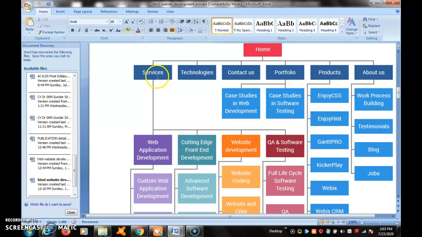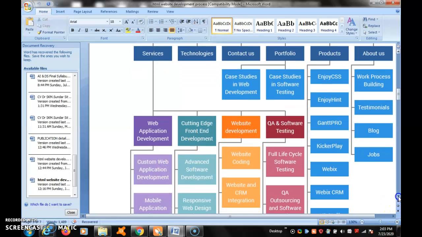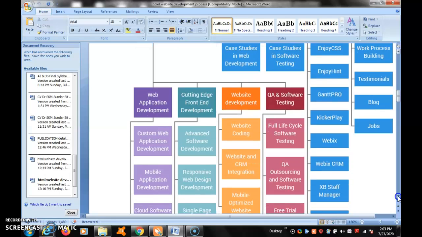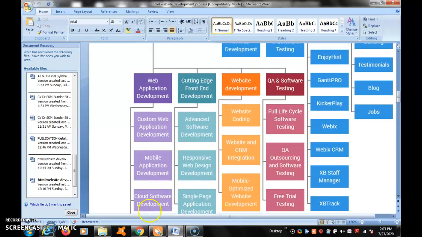On each click, you will get the following information. Services means web application development service, custom web application development, modular application development, and then cloud software development. These are all available in the services.